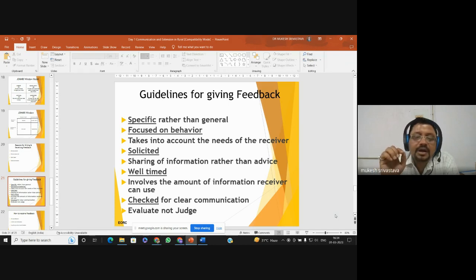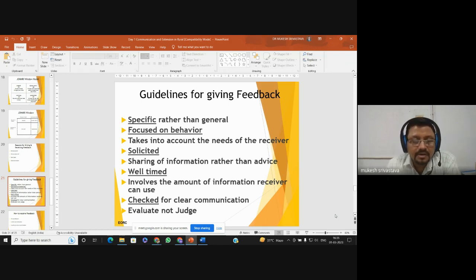And a very important thing, that is well timed. If it is well timed, it means you give the information within the time limit. If that villager is ready to give you only 2 minutes and you are talking to them for the last 5 minutes or 10 minutes or 1 hour, it will not work for you. Only within the given frame of time, if you give the information, will it be accepted by that particular person. Otherwise it will not be accepted. So well timed information or well timed feedback